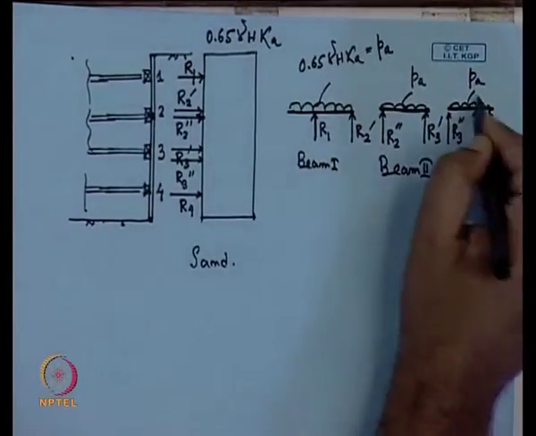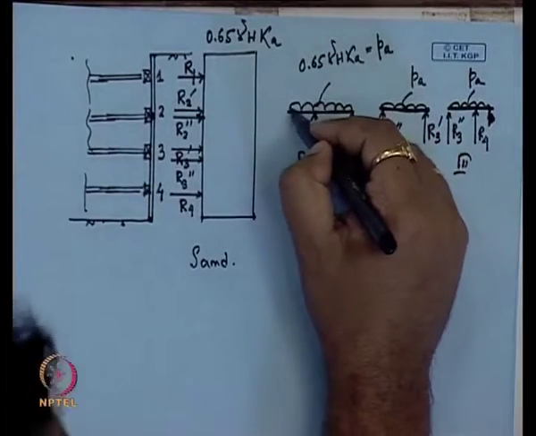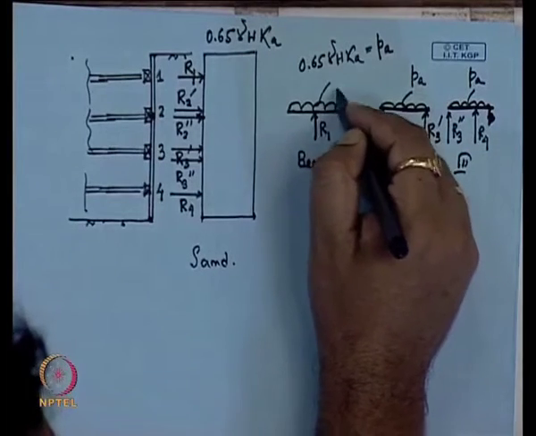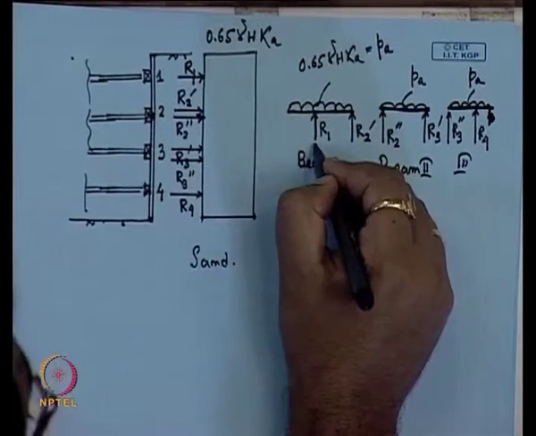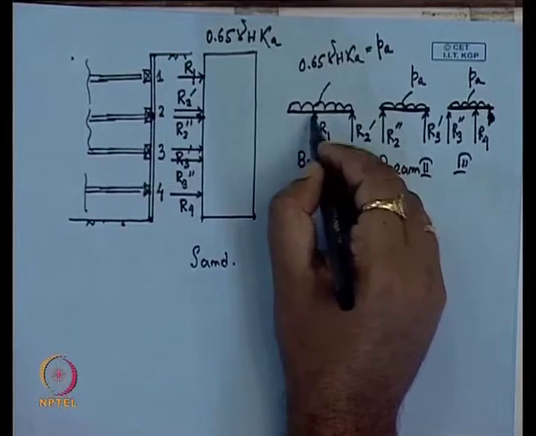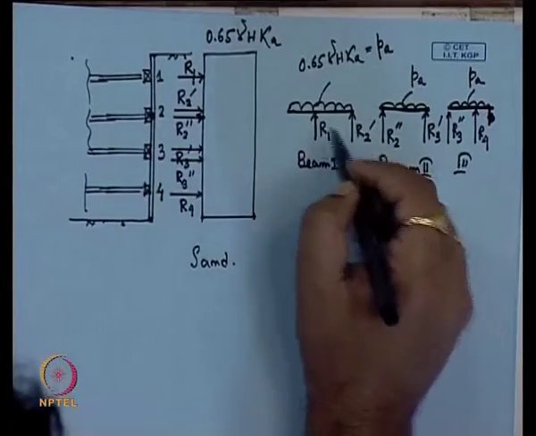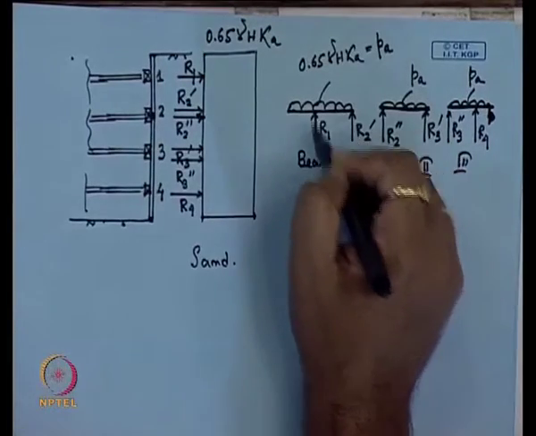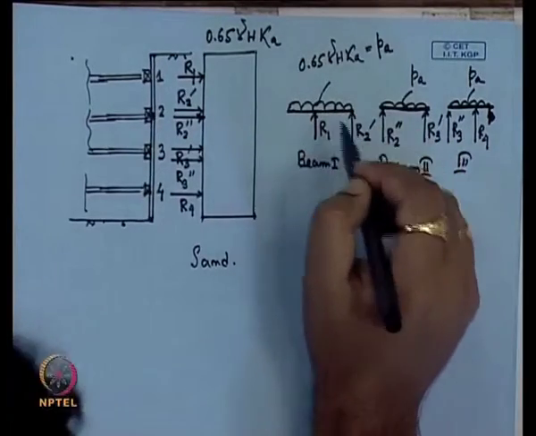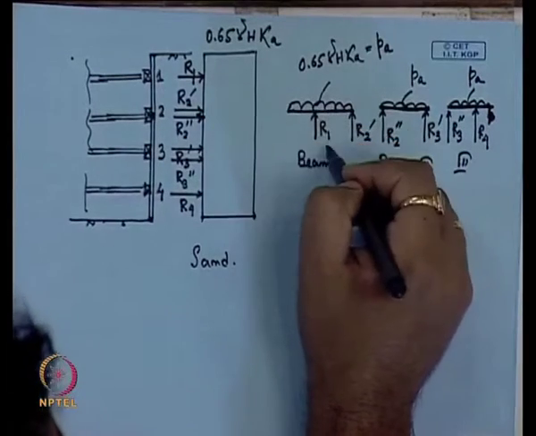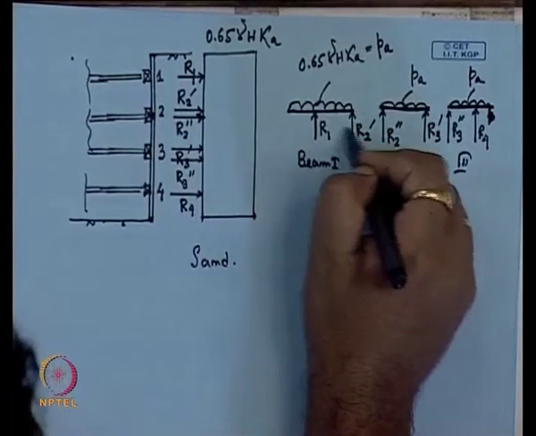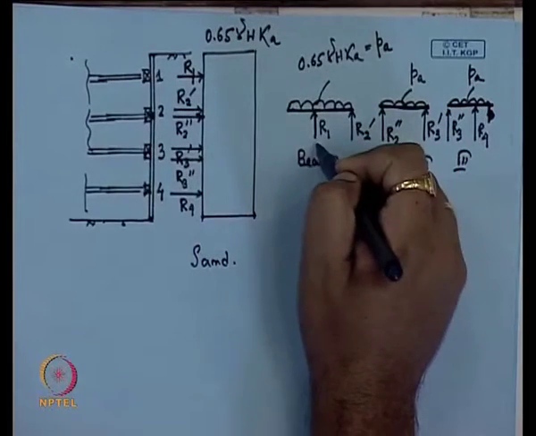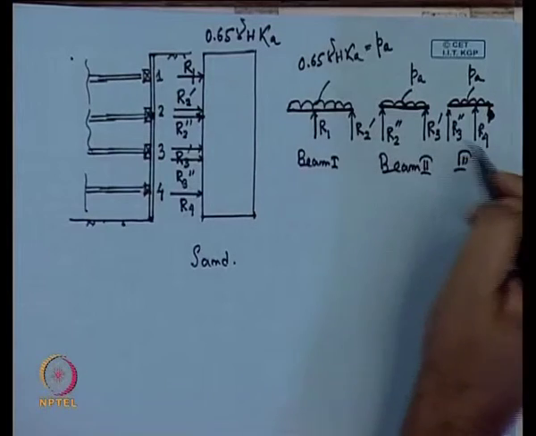So, now we have to take these 3, then we have to solve and determine R2 dash, R1, because this UDL we know, the distance between these two struts we know, and this value is also known. So, now we have to determine these reactions separately by considering each beam. So, this is one beam whose spacing, the distance between two struts, is known, and this UDL is known. So, you can determine these two reactions. Similarly, for beam 2, and similarly for beam 3.